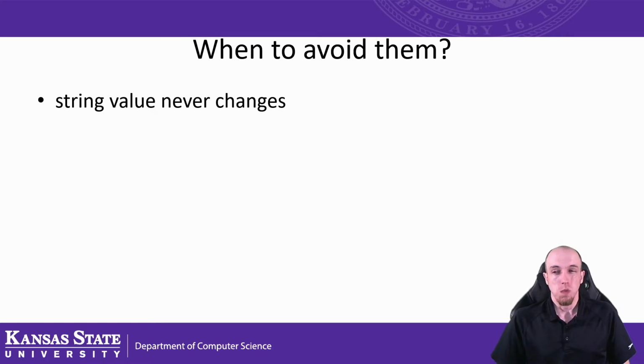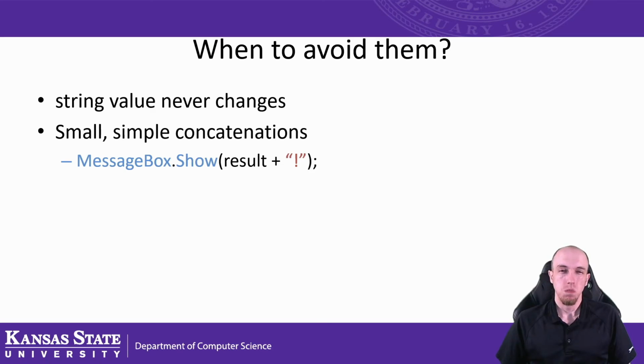When your string never changes, there's no real reason to use a string builder over a string, because you're creating a new object just like you would with a plain string, and if there's no changes, you're adding a little bit of extra overhead using the Append function and the extra time it takes to create the StringBuilder object. Now, you don't necessarily have to use the string builder like I did before in my simple example when I attached only a single character to my string.